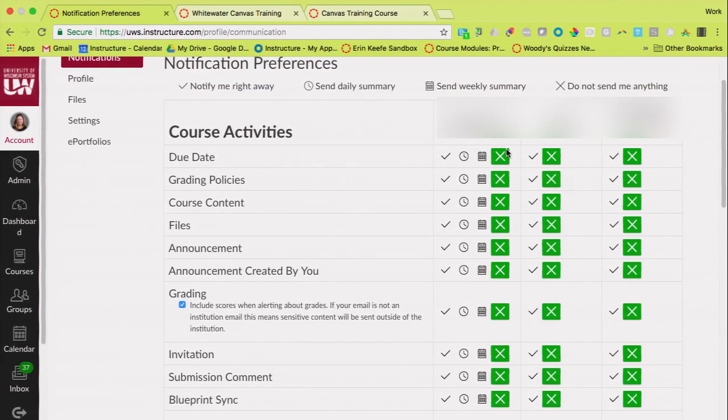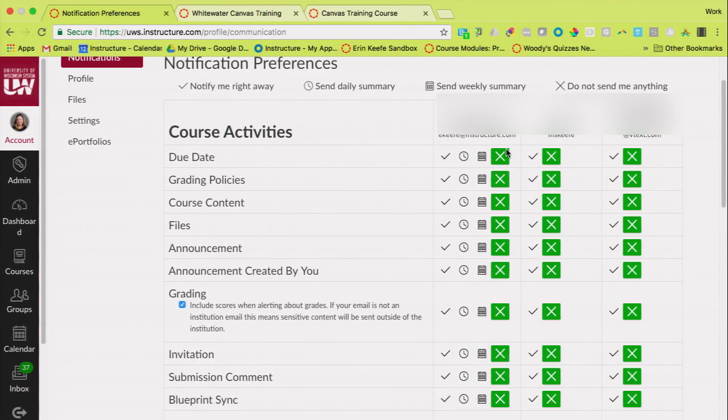So for every notification pathway that you set up, you can customize when you get them. If they're coming to your email, you get to say whether you want to get that as soon as it happens. That's the check mark. A daily summary, I find those come in the early evening. That's the clock. So it would be all of those changes rolled up in one notification. And then you can also choose the calendar, which is a weekly summary. For you guys in the server that you're on, yours come on Saturday nights. Who wants to get an email about that on Saturday night? But that's just when it comes.